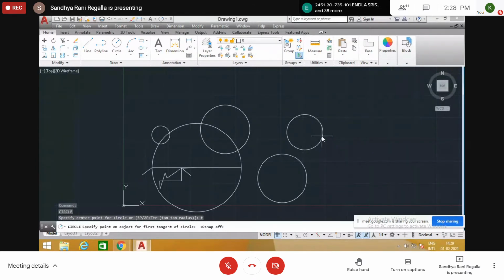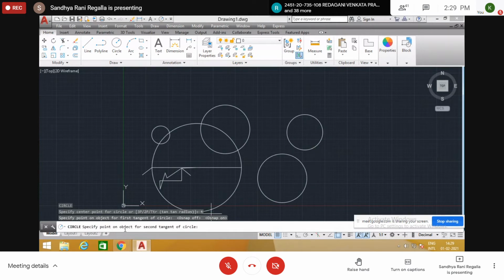Nothing is highlighted. We thought it was exactly on the circumference, but if you zoom out, there is some gap or some intersection. So always keep this O snap on. If you come nearer, automatically it is highlighted. If you click, it will take the tangent.